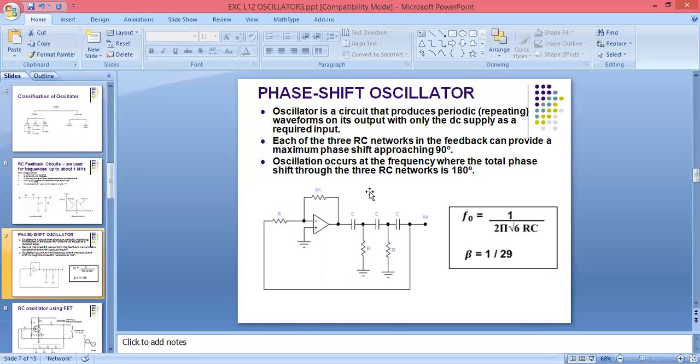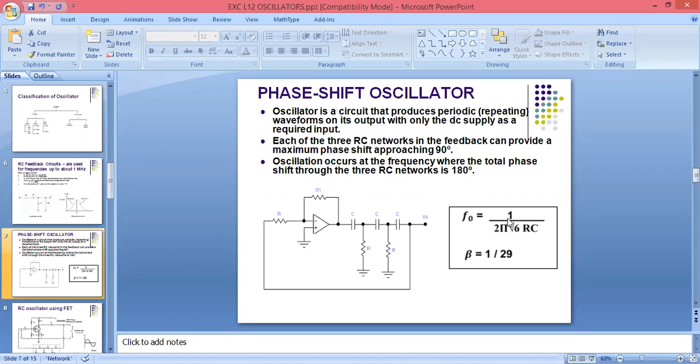When we have to use an RC phase shift oscillator, then we can give 180 degree phase shift by using the amplifier, but we have to follow the Barkhausen criteria. So the remaining 180 degree we can give by a 3 RC network, because one RC network is producing approximately 60 degree. This is less than 90 degree. So we can use here a 3 RC network, and its output frequency is 1 upon 2 pi RC into 1 upon square root of 6.